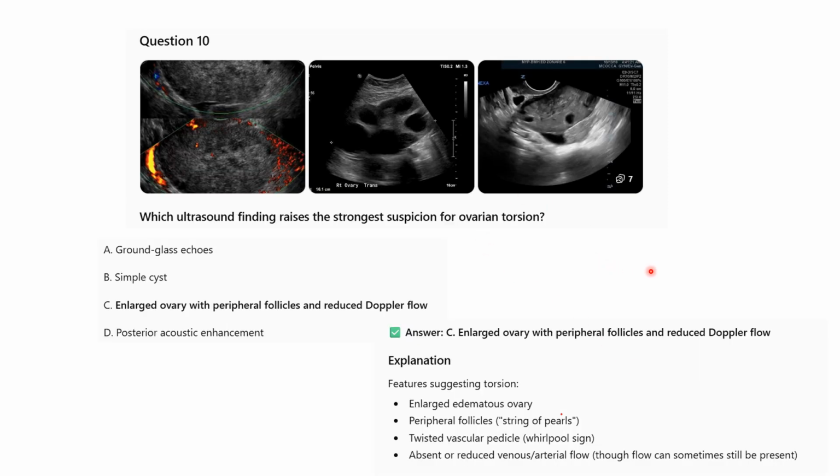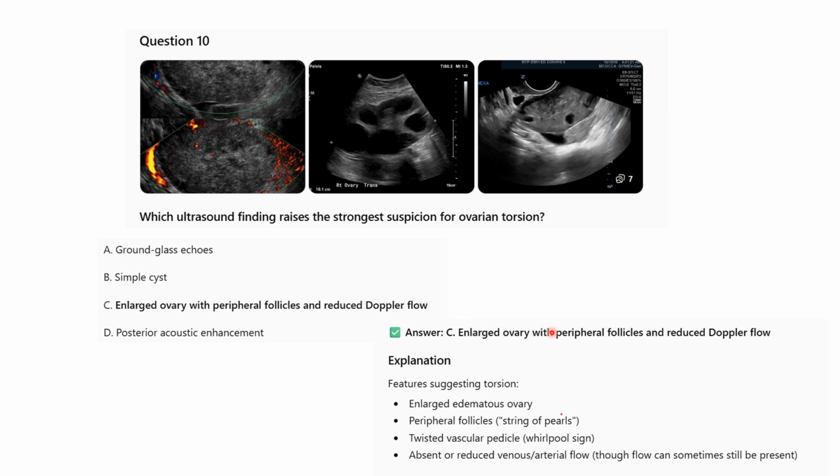So the last and final question: which ultrasound finding raises the strongest suspicion for ovarian torsion? A, ground glass echoes, B, simple cyst, C, enlarged ovary with peripheral follicles and reduced Doppler flow, D, posterior acoustic enhancement. So the best answer for this question is C, enlarged ovary with peripheral follicles and reduced Doppler flow. The explanation: